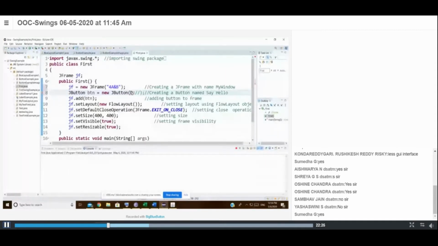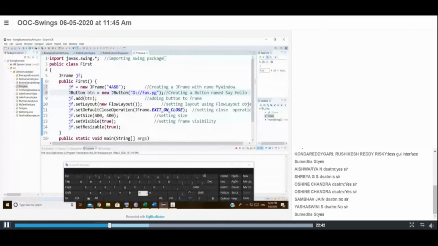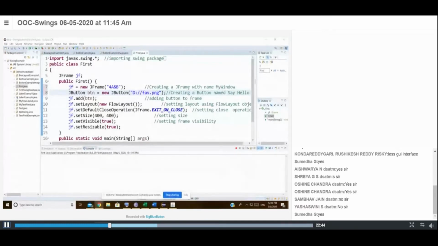You give the location of the image, for example a PNG. Or directly without any information to your button, or some text on that button so that it will be displayed on that button. Three ways you can create the instances.